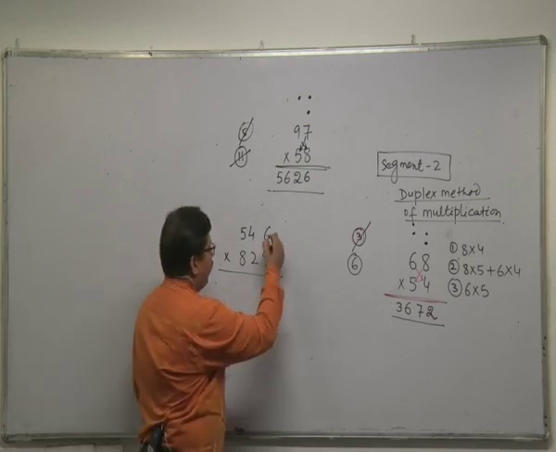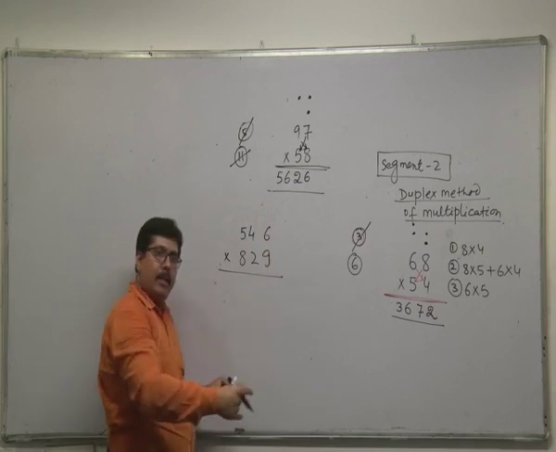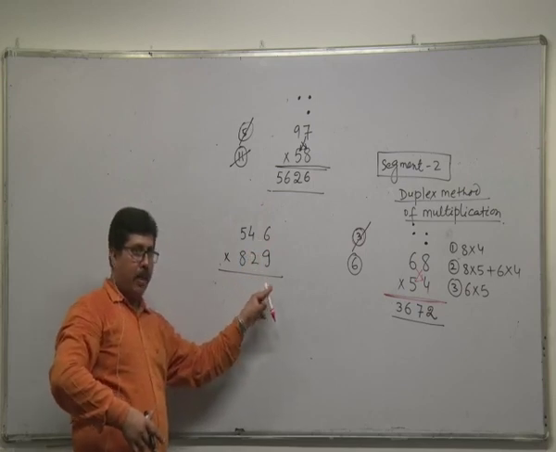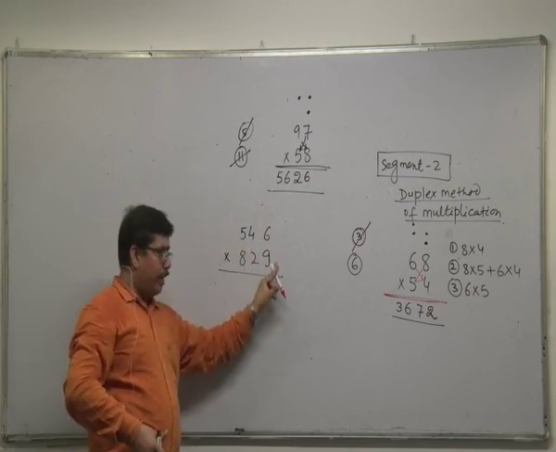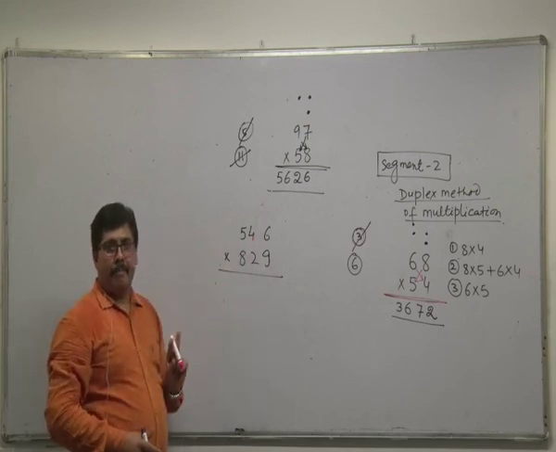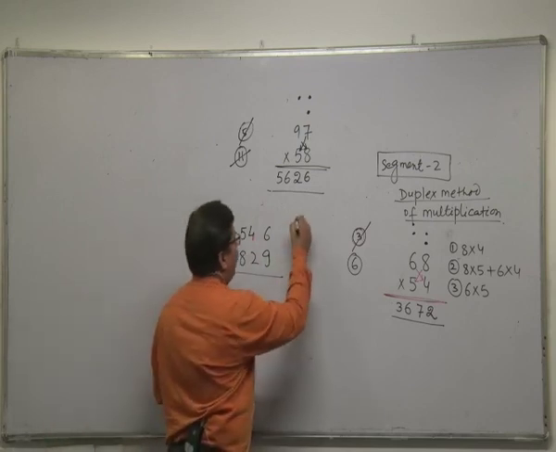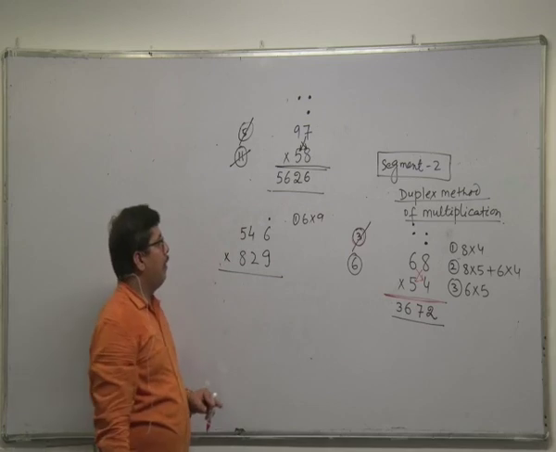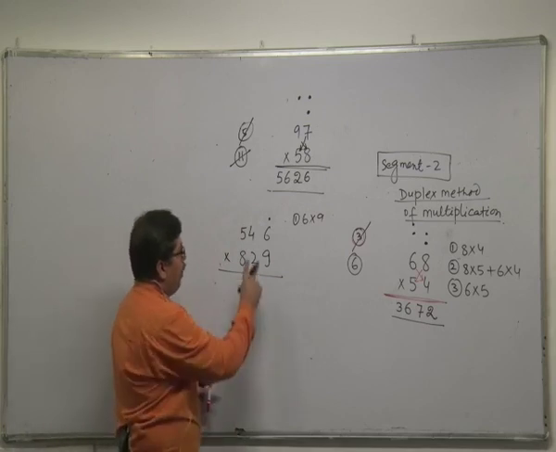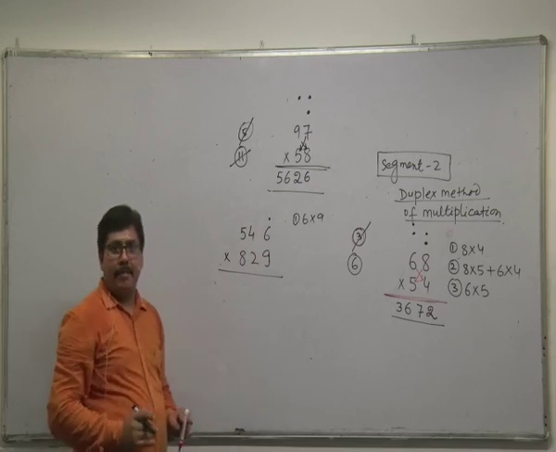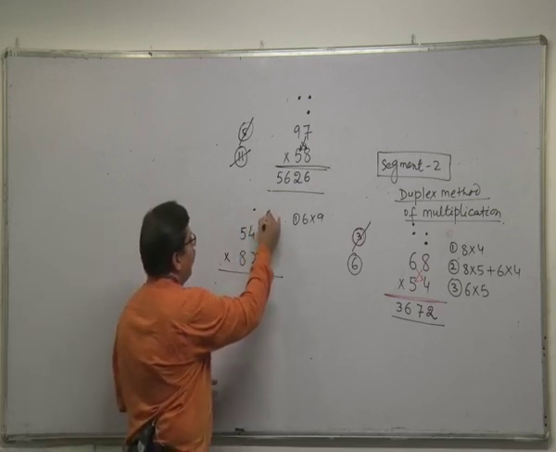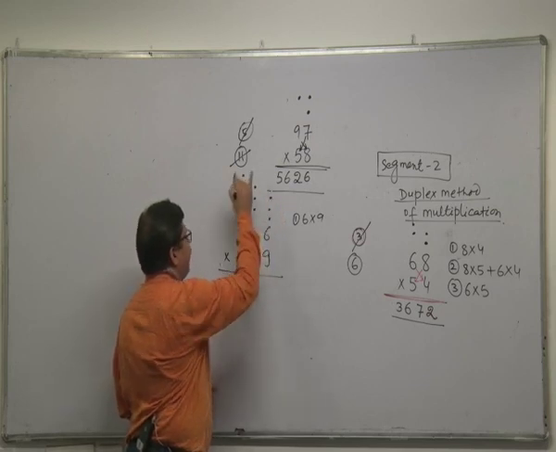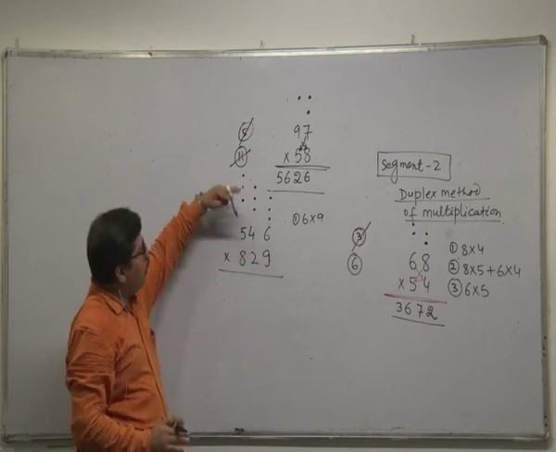The first step is consider a digit once at a time, then 2 at a time, then 3 at a time, then ignore 6 and 2, then 2 at a time, then ignore 4 6 and 2 9, then once at a time. The first step is 6 and 9, once at a time. The next one is 2 at a time, in 4, 6 and 2, 9. Then 3 at a time, then 2 at a time, then once at a time. These are the steps. 1, 2, 3, 2, 1.